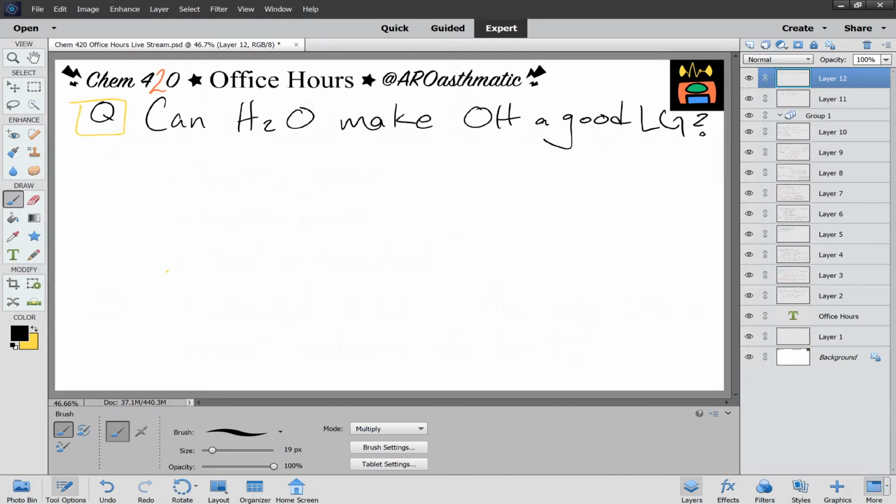And when you want to think about how to answer this question, we want to think about the context that this question comes from, mainly the context of Sn1, Sn2, E1, and E2, all of those leaving group mechanisms. And we know that when we're dealing with hydroxide,